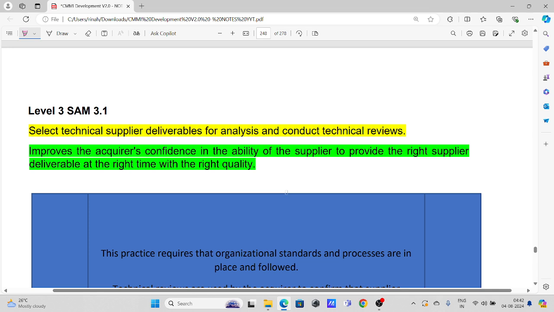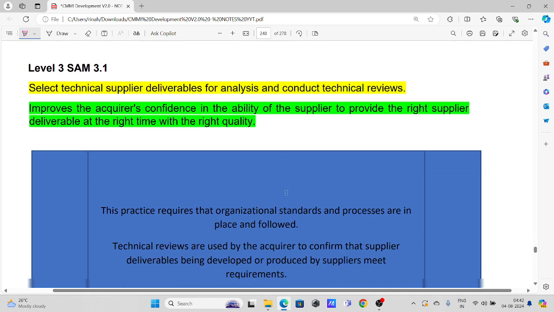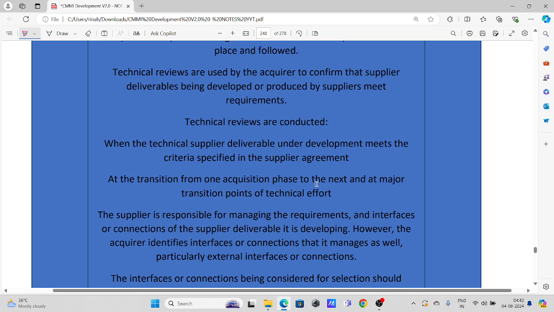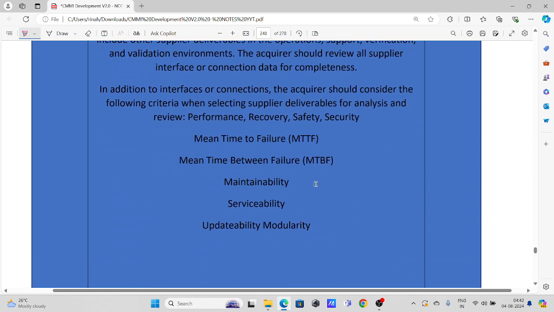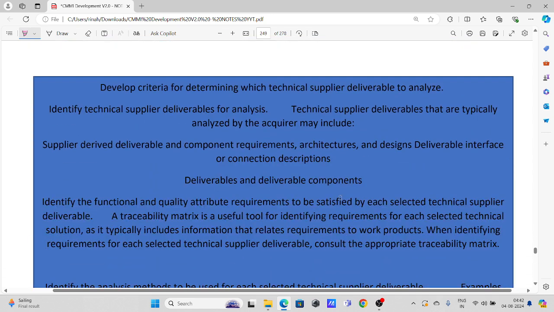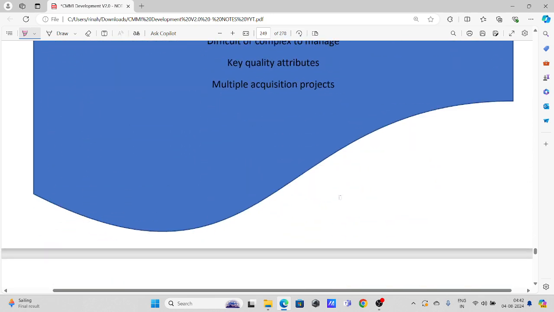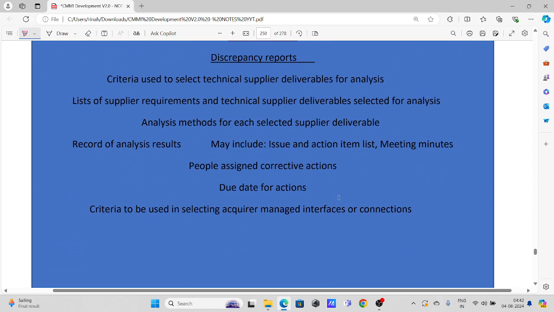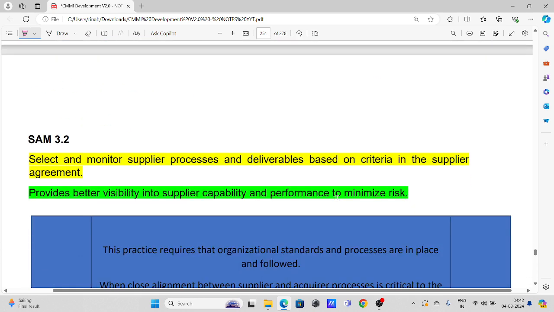3.1 select the technical supplier deliverables for analysis and conduct the technical review. So here the review will be conducted, review findings will be shared with the supplier, and then focus remains on the key parameters of the product: performance, recovery, safety, security, MTBF, MTTF, maintainability, and all these things will be checked. All the detailed evaluation of the product will be done by the company, whatever supply you have received